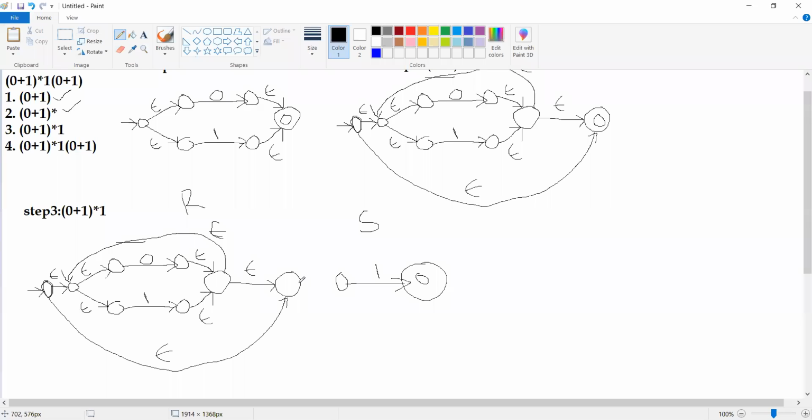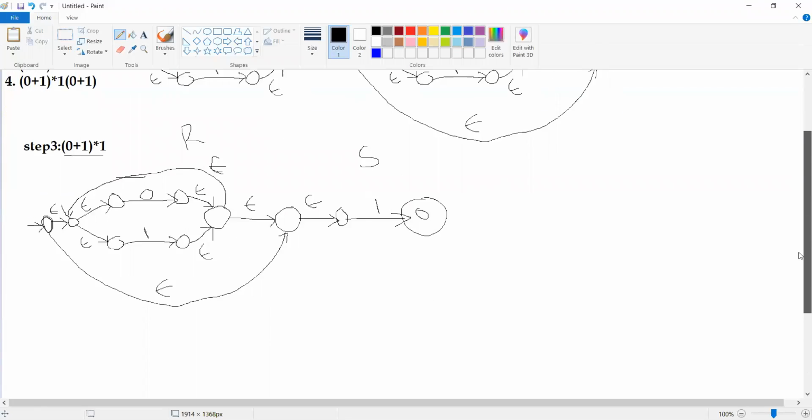Just make it a non-final state, and then from that state to the initial state of the second finite automaton, we need to specify the epsilon transition. Now it will become 0 plus 1 whole star into 1. So this is going to be our third step.